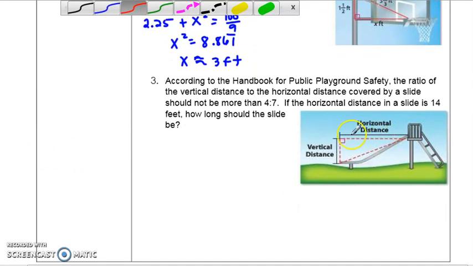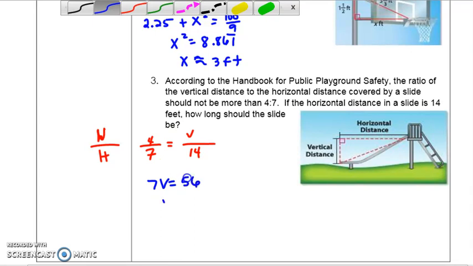Looking at this next example here, we need to set up our ratio here of 4/7, and that is going to be our vertical over our horizontal. And then we need our vertical length over, we know our horizontal is 14. And then we can go ahead and cross multiply. So the vertical is going to be 7b is equal to 56, which means b is 8. So vertical distance being 8,